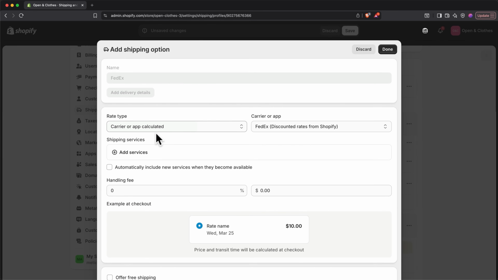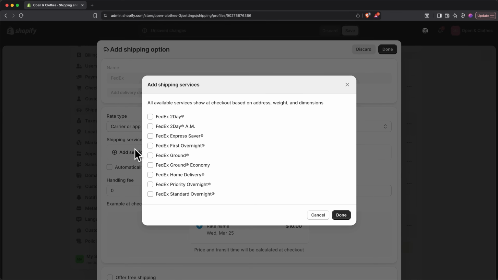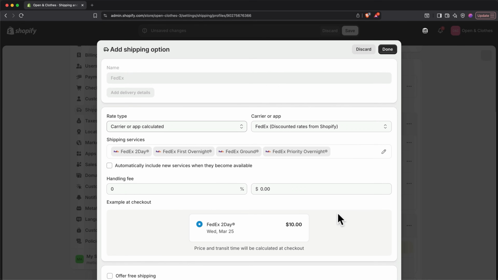For example, let's say you want to use FedEx. You can click to add services and then pick which FedEx services you want to use. Let's say 2-day, ground, overnight, and priority overnight. Click Done. Now Shopify will calculate the shipping rate based on what these different services normally charge based on your